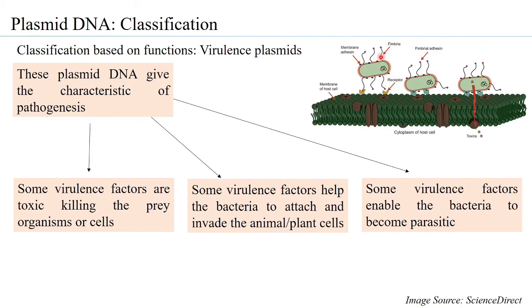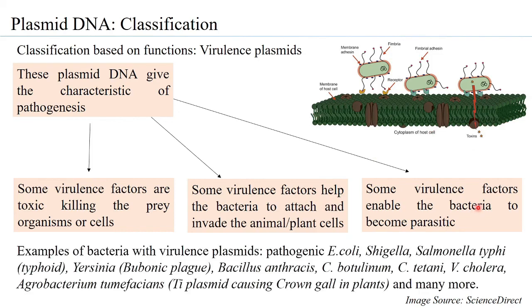From where do these adhesins come? They come from genes present in the virulence plasmids. And having attached, the bacteria can either release the toxin into the plant or the animal cell, or what can also happen is that the plasmid itself can be transferred into the host cell, and now the plasmid inside the host cell can be transcribed and translated to give rise to whatever the virulence factor is. So this is a schematic observation of what we are trying to say over here.